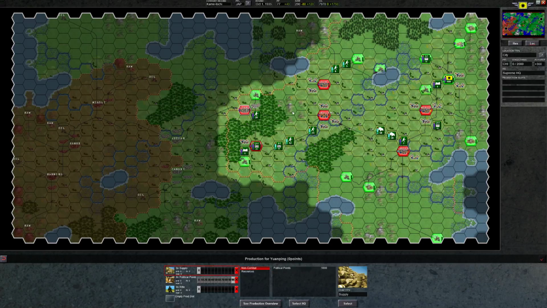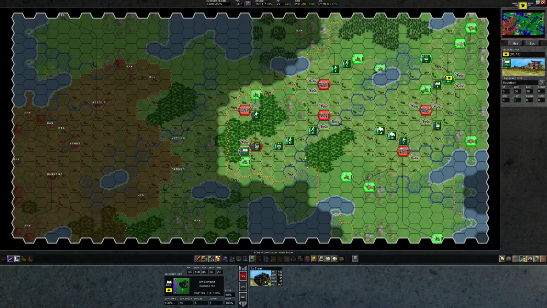So what we're going to do is just set Yuanping to produce 100% political points. What we'll see is, yes, these supply and rifle are here. We're not even supposed to be able to pick them. This is just like a leftover from the game creation, basically. But even if we did 100% for either of these, it'll still produce 0, I'm pretty sure. So we'll just put all of that into...